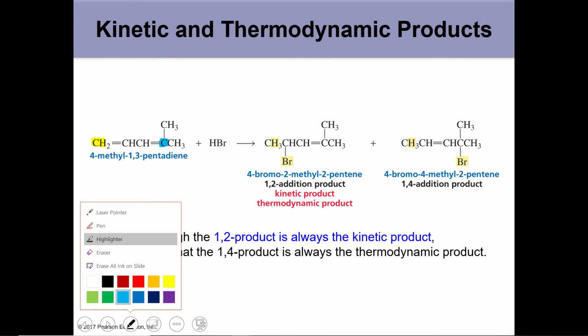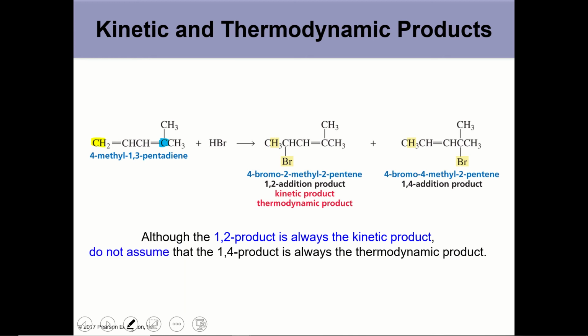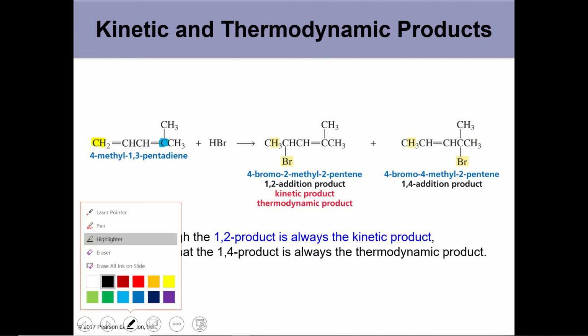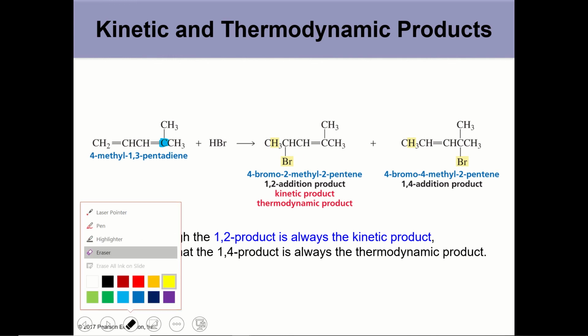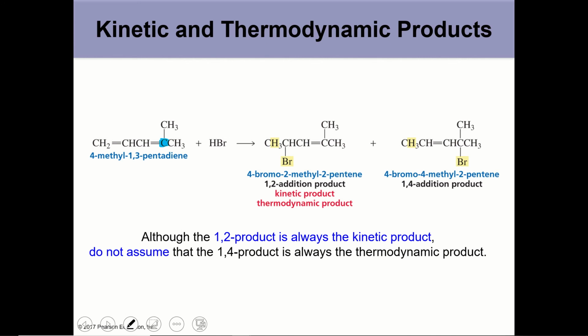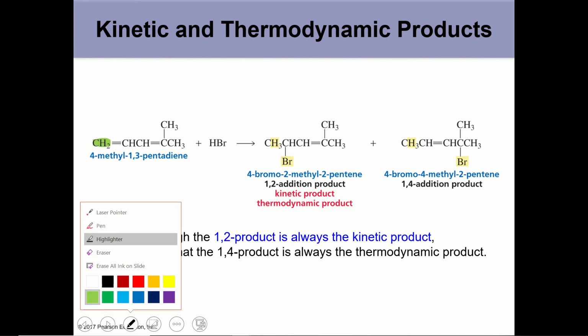And that has to do with what is the most stable position for the first cation, for the 1,2 cation. So the most stable position for the 1,2 cation, I'm going to, well, yellow is not really good. Okay, I'm going to change the highlight color. Highlighter, let's go with green because the green pen is more visible. All right, so we have